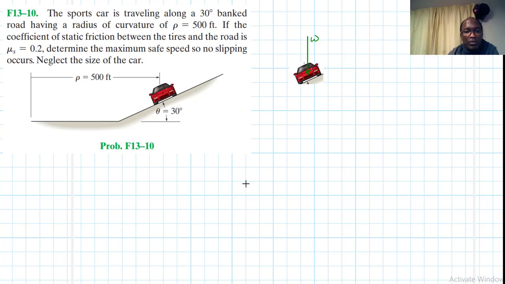What else do we have? We have the friction. It's in this direction like so. We do have the friction in that direction like so. Alright, we do have the normal force, like so. Okay. What else do we have? So we have the weight, we have the friction, we have the normal force, right? So now we need